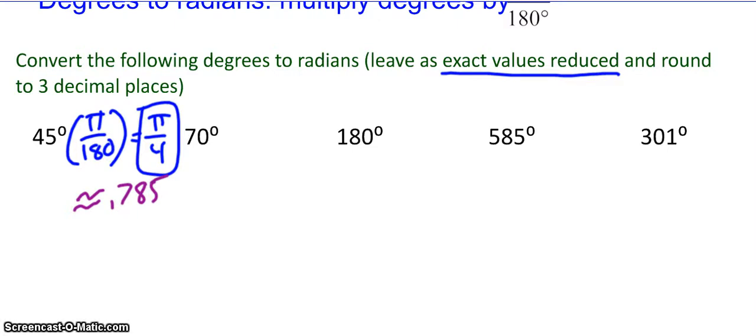Okay, next one. Same thing, 70 degrees, so I'm going to do times pi over 180. And then I'm going to use my calculator or my brain to help me reduce this. And I know that they both have a factor of 10, so I can think of this as 7 pi over 18. So that would be my exact value. And now if I'm going to type this into my calculator to get the decimal equivalent, this is approximately